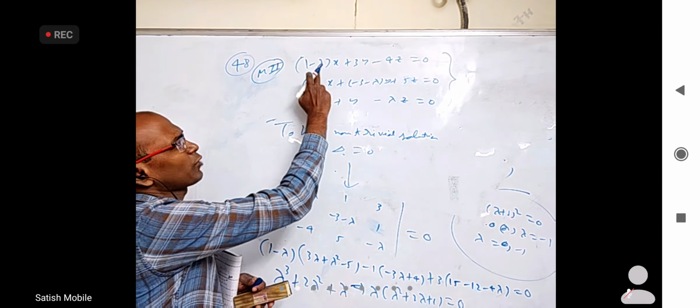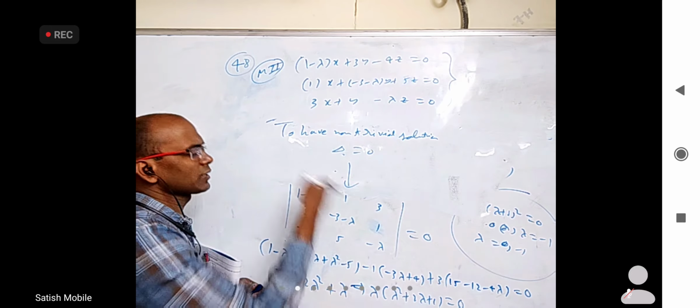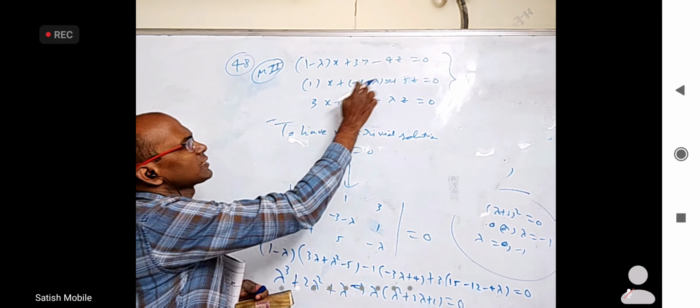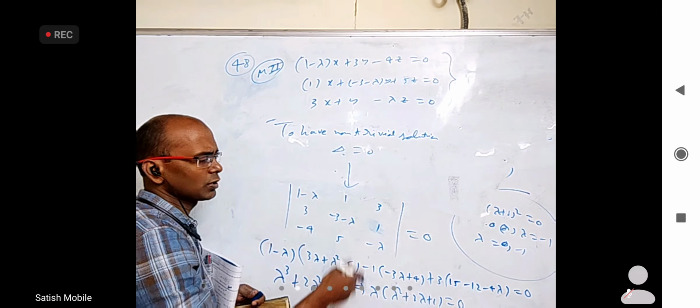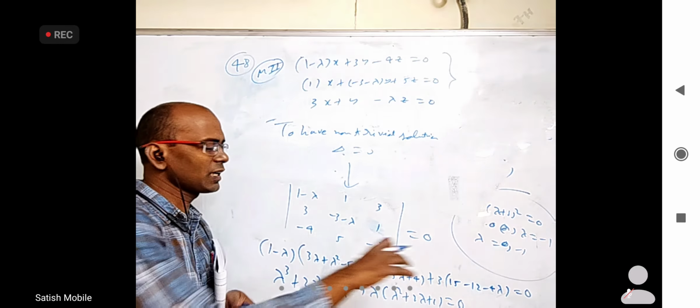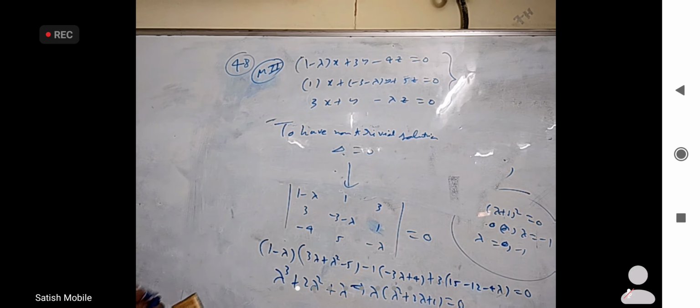Only thing is that 1 minus lambda, 3 minus 4, I should write like this. I can write column wise also, not an issue. So these three coefficients first column, these three coefficients second column, these three coefficients third column equal to 0, and everything else is same. So how you approach this delta equal to 0 is different, but ultimately you have to find this delta only. Is it okay?